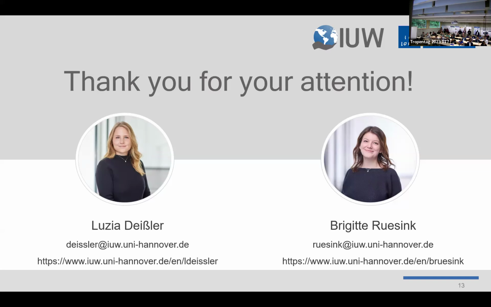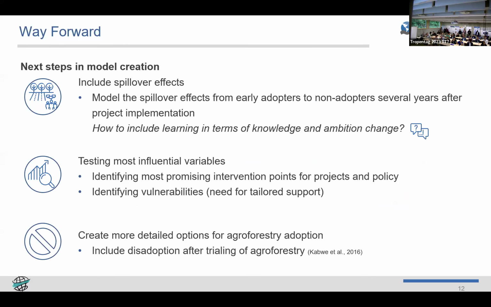Okay, and that should already be included in the first paper we based on, where aspiration and ambition were analyzed in more detail. We only include the final outcomes of this paper, so how these combinations of aspiration and ambition lead to different adoption models. And finally, you define adoption only as whether you do agroforestry or not, not how much agroforestry? Yes, exactly. That's also the last point for our next steps, where we want to create a more detailed definition of adoption. Okay, thank you very much.